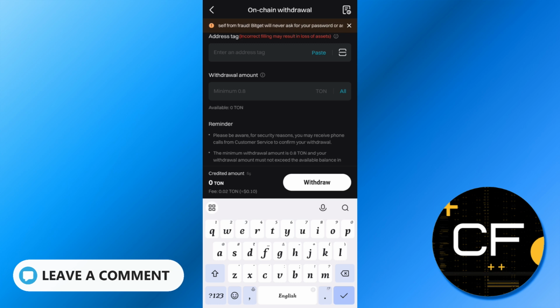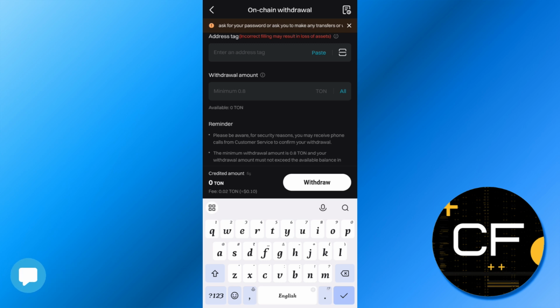Then you need to tap on the withdraw option in the bottom right hand corner of the screen and you need to just review the information that you have mentioned previously. If everything looks correct, confirm your transaction. Then once your transaction is completed, you will be able to transfer your TON from your Bitget exchange to the